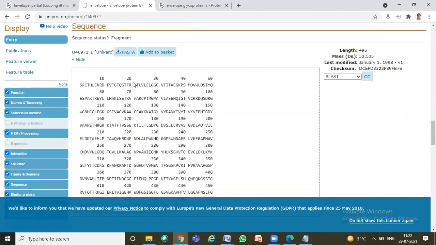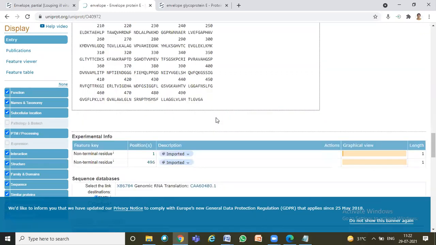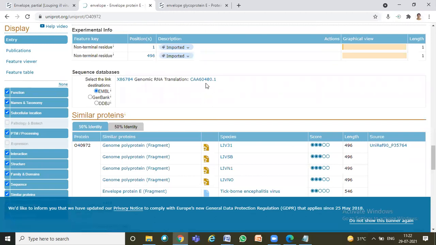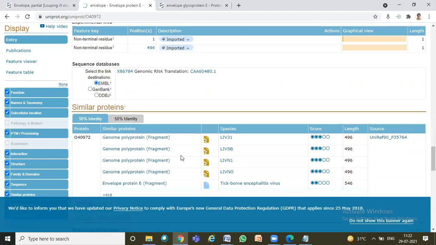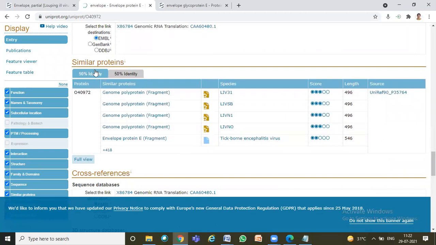Then if you come down here, you have all your protein sequence, and from here you can download the FASTA sequence. Then in the same drop down menu, you get information related to similar proteins with a 90% identity in different organisms, and you have some proteins even with 50% identity. So that you can, in the full view, you will be able to